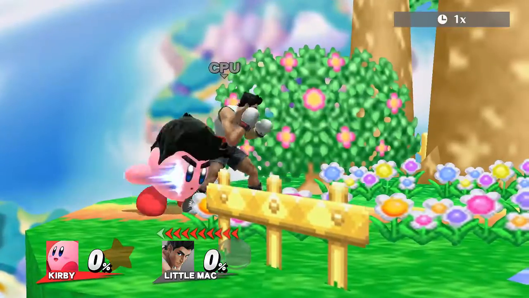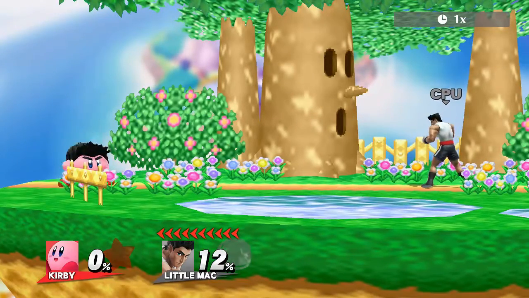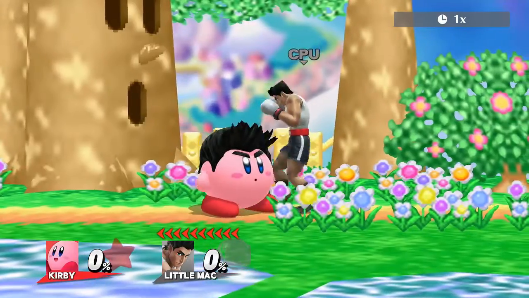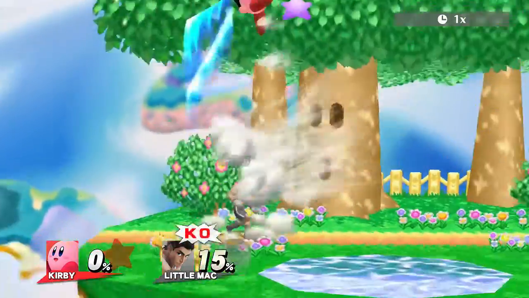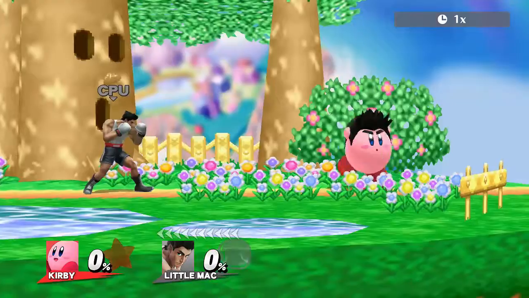His jab, just a regular standard jab, although actually it does deal quite a lot of damage for a jab. It does 12%, which is a lot more than other jabs. But also you could do jab jab, which does 5% by itself, and then you can do jab jab into grab, which of course once again can lead into a forward throw, which is like, oh, excuse me,